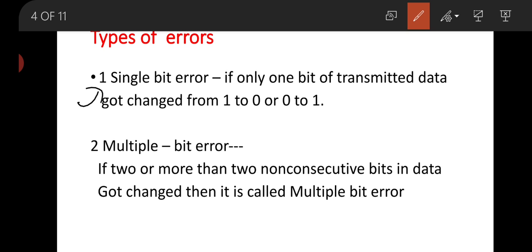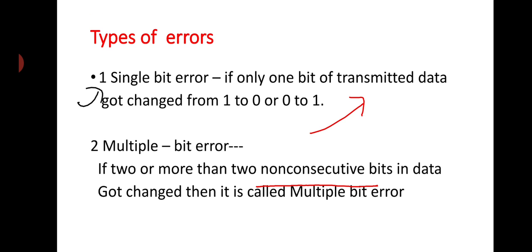This is called single bit error because there is an error in a single bit. Second, multiple bit error. If two or more than two non-consecutive bits in data got changed, then it is called multiple bit error. See, this point is a very crucial point.